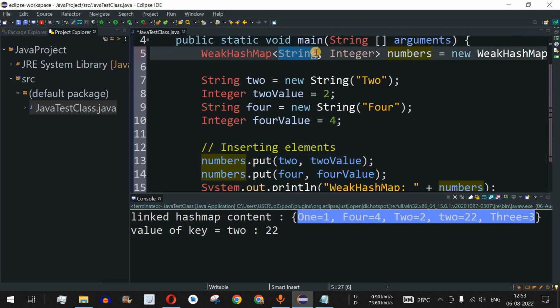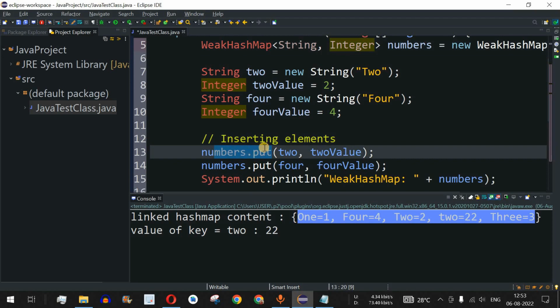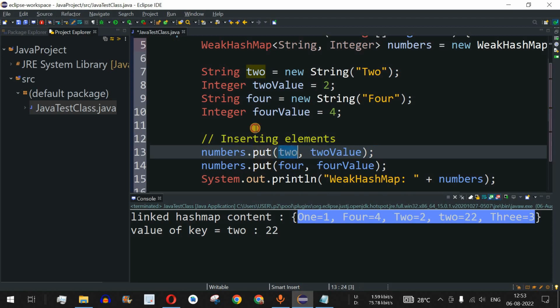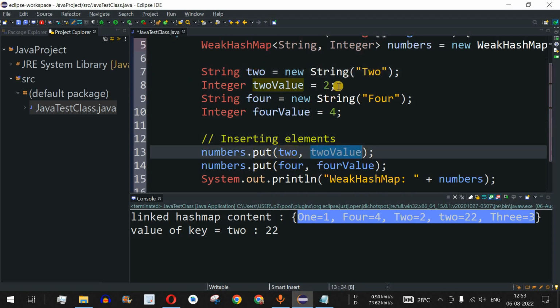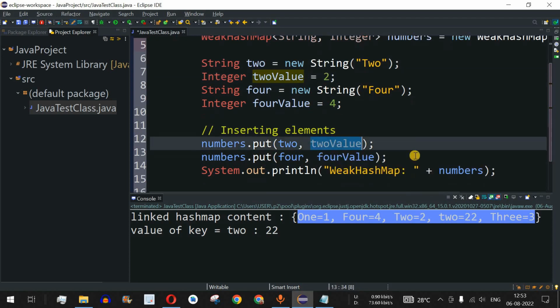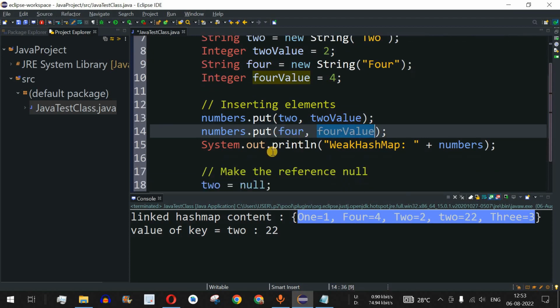The key is the string representation that we have defined, and the value must be an integer data type. Over here we are calling numbers.put, which means we are adding elements inside the WeakHashMap. We have the string 2 as the key and the integer 2 as the value. Similarly, we have 4 as the key and 4 as the value.